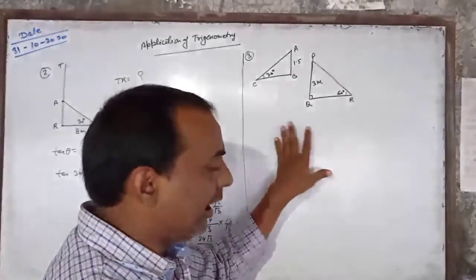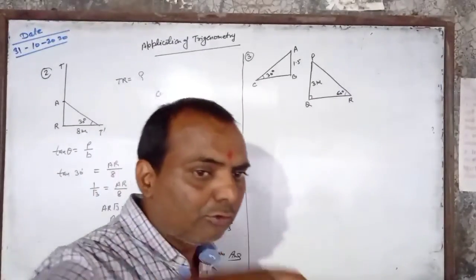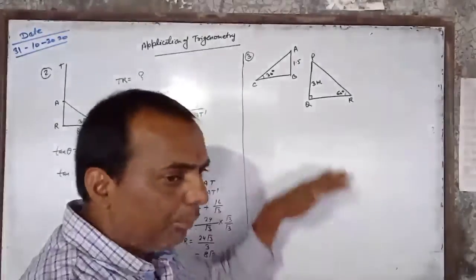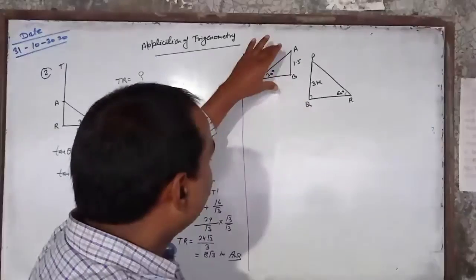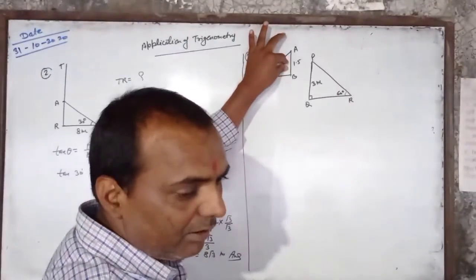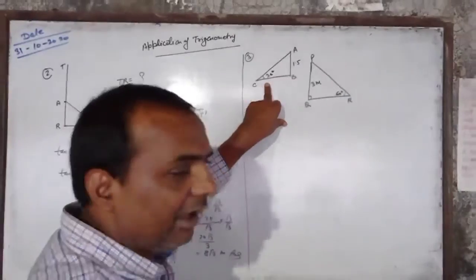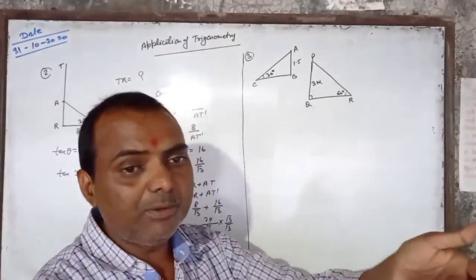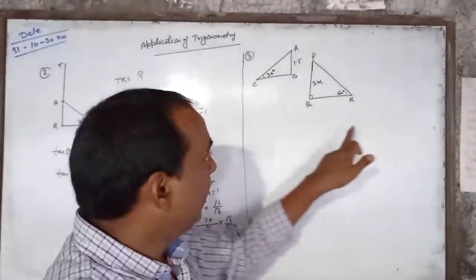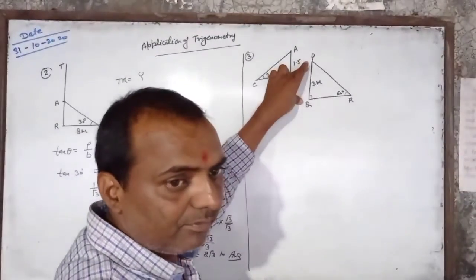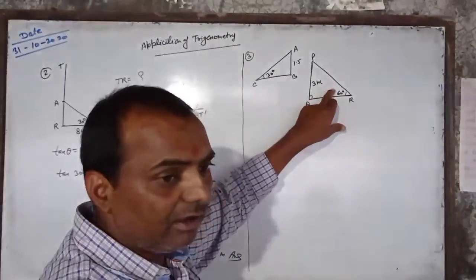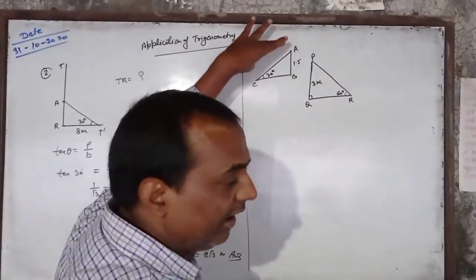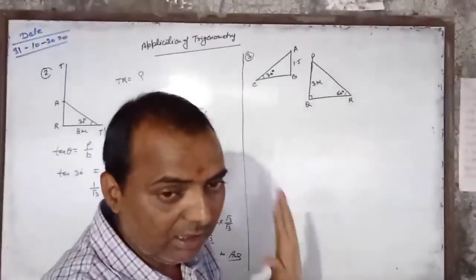In a school there are 2 types of slides. It means slopes to play for the children. For below 5 years the slide is at a height of 1.5 meter, which includes the angle of 30 degree to the ground, and for above 5 years another slide is 3 meter high, which includes 60 degree to the ground. In both cases we have to find the length of the slide, it means AC and PR separately.